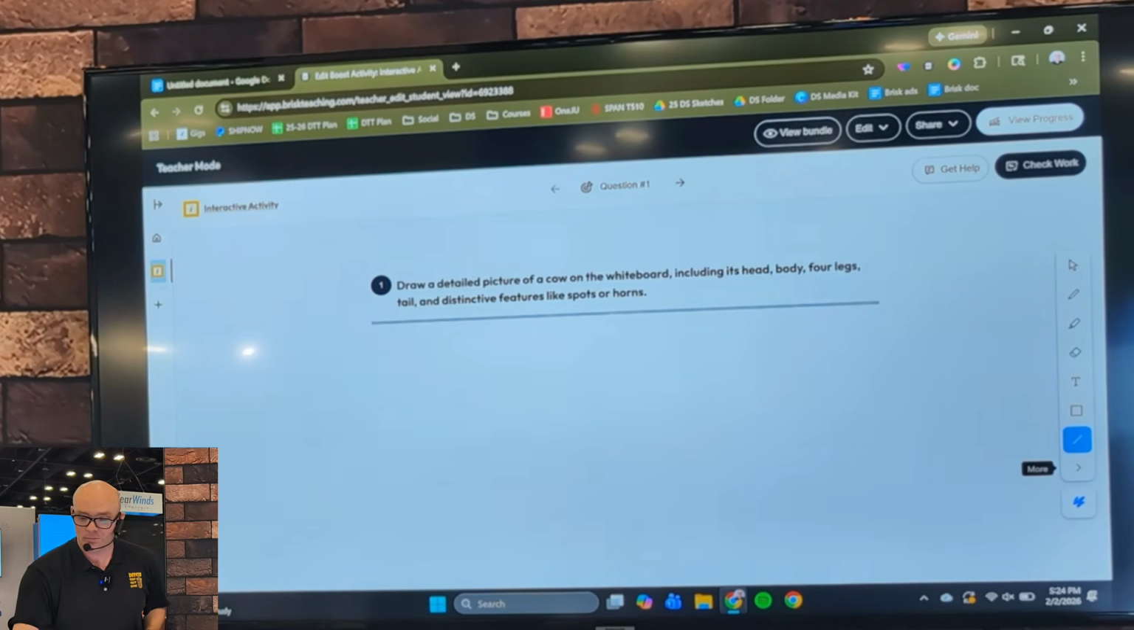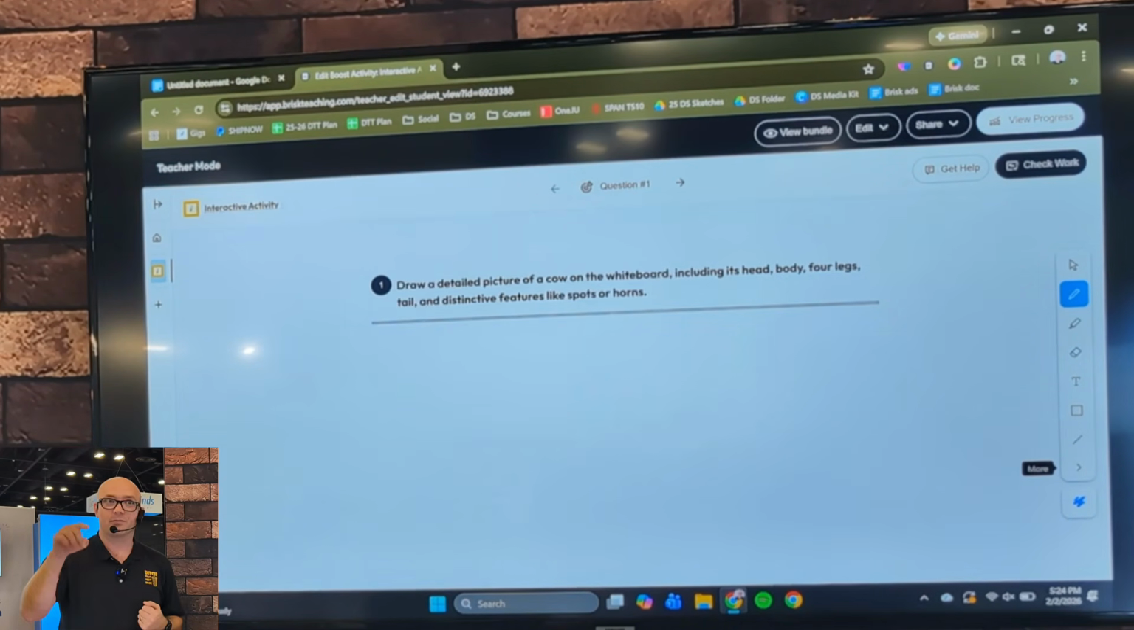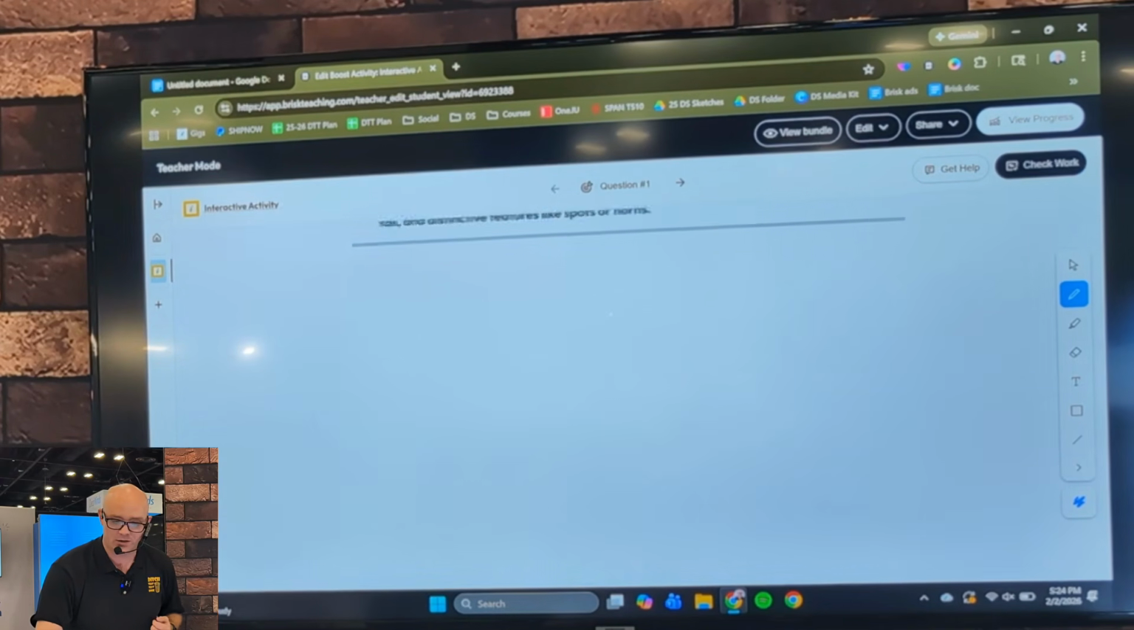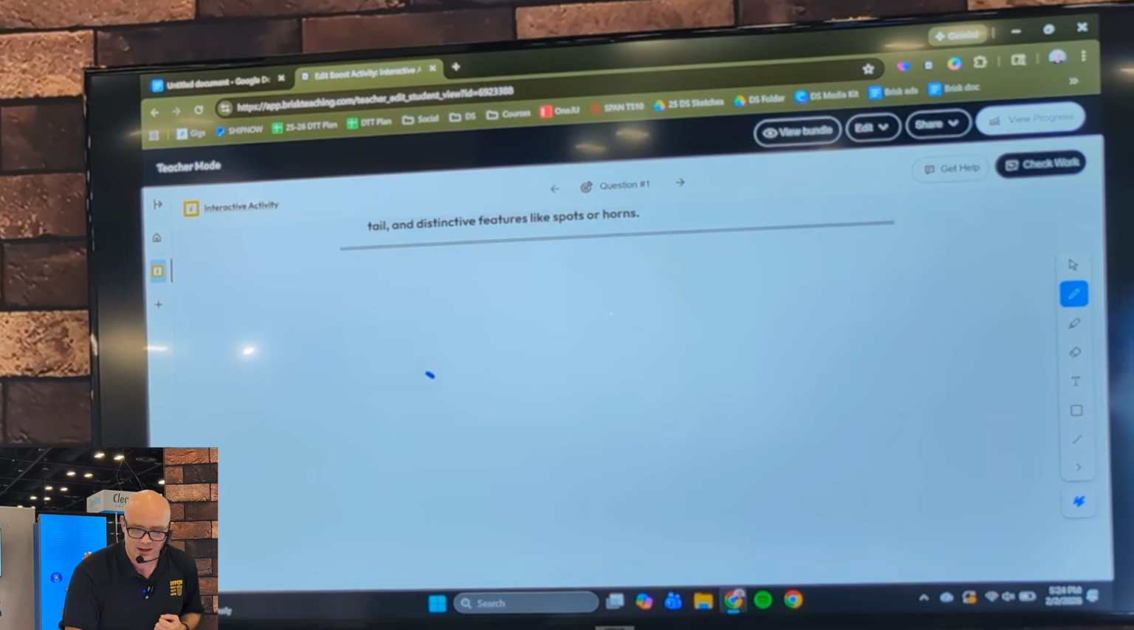So we're going to do a cow. I happen to have a touch screen, so this is going to let me actually draw on the screen. So let's make a cow. We're going to start with the little nose. We're going to kind of go out like this. It's got